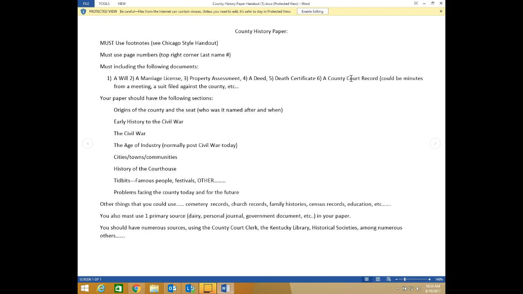Now, you do have to use footnotes for this paper, unlike the survey project. You must use page numbers with your last name and then page number in the top right. And then you have to include those documents. Now, the part that you're writing should follow this format. You should start off with the origins of the county and the county seat, who it was named after, when, and such information. Early history of the county to the Civil War,